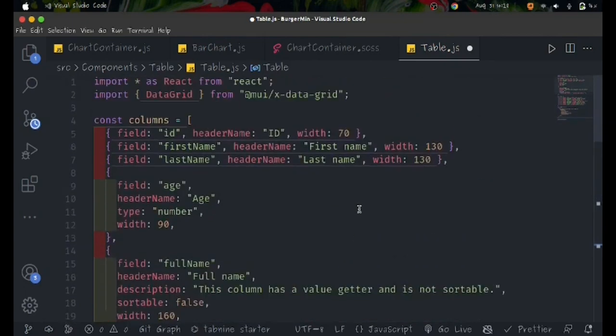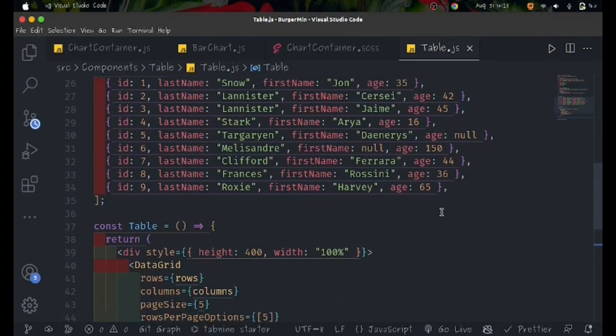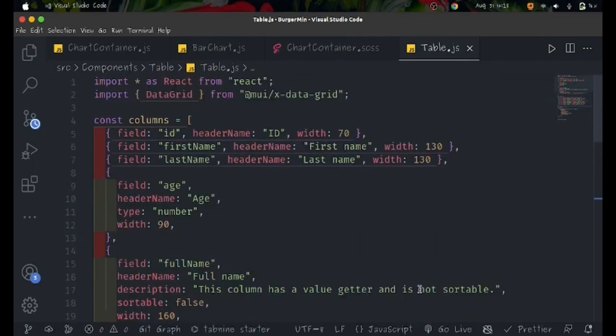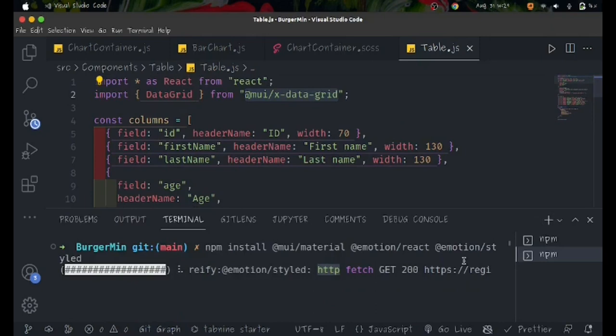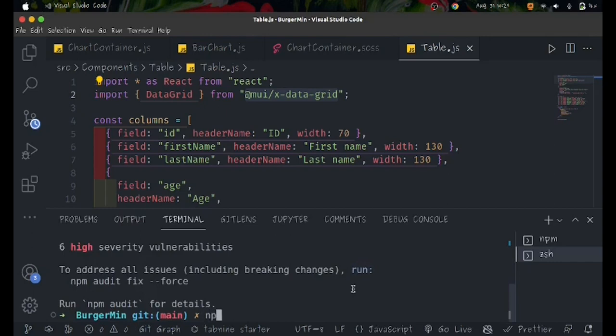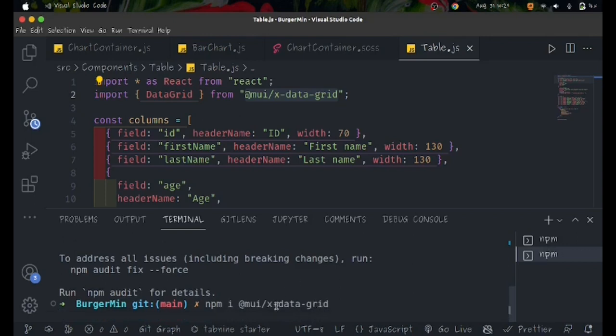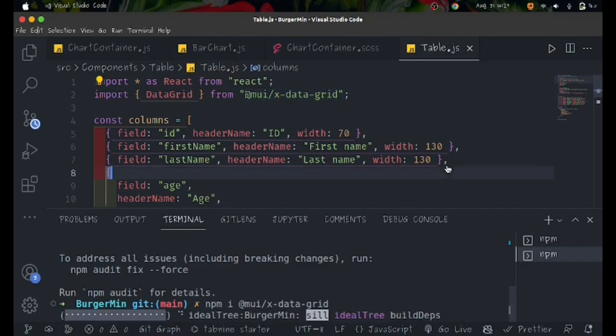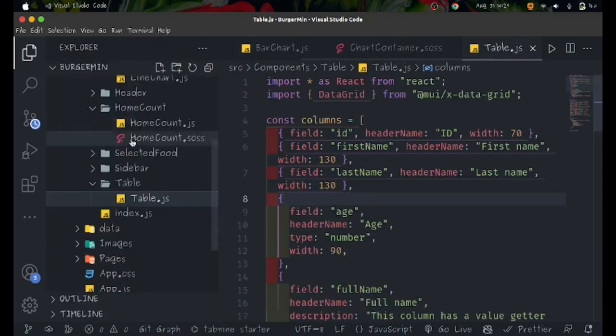So now it is great. Yep, I'll just save it, and now we need to install one more thing in order for it to run. So I'm just going to copy this one, and I go inside my terminal while waiting for this one to be installed. It is done, so I'm going to say npm install material UI x data grid. So I'm going to close my terminal, and